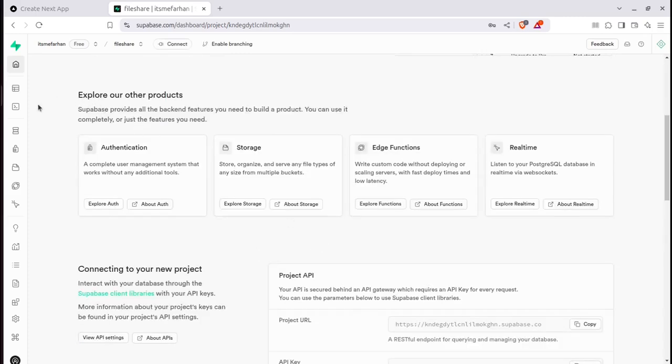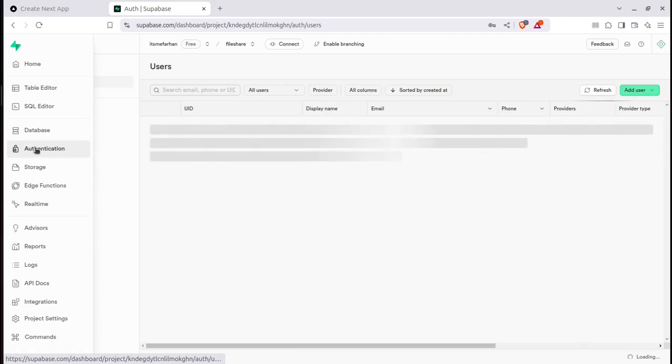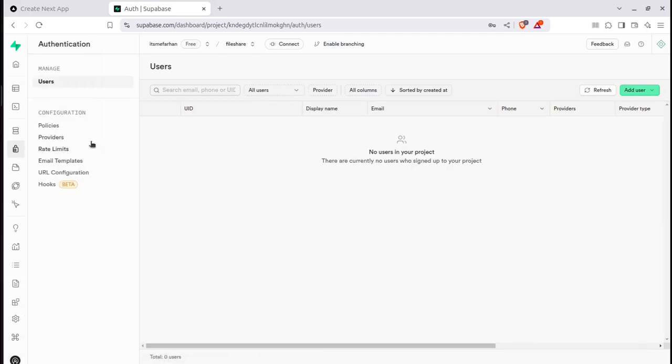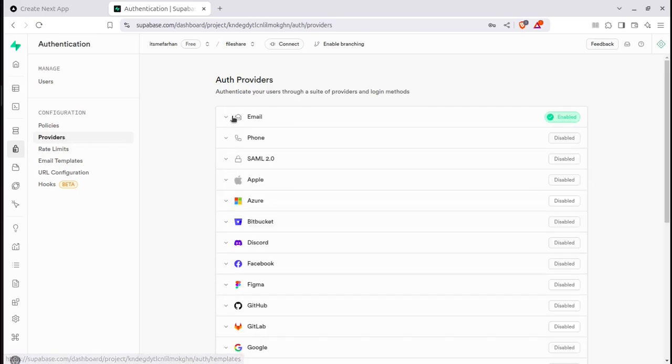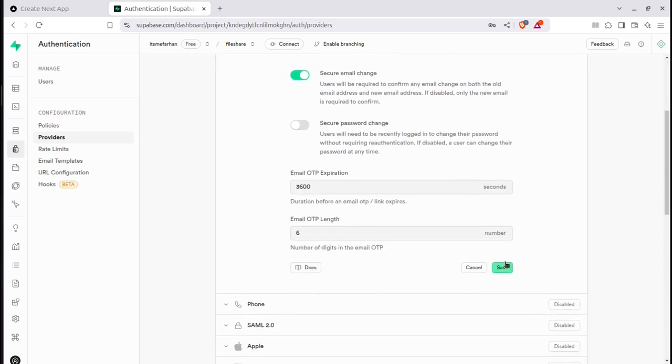So let's set up our tables. Actually in first authentication, and here from providers, make sure email is enabled, and I will disable this confirm email so that upon sign up user is already confirmed. Otherwise when this confirm email is checked, then user will first receive email and he will have to confirm his account. So click save,